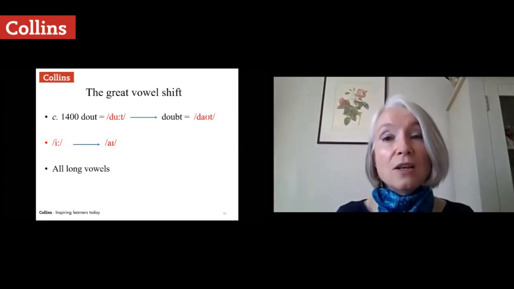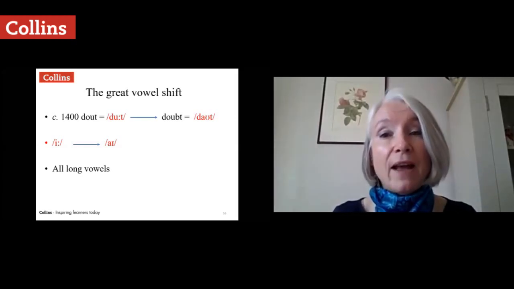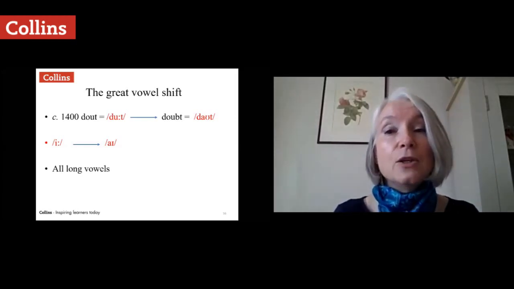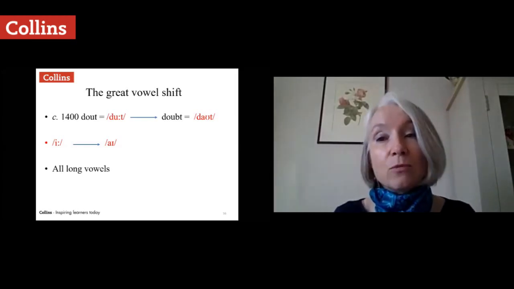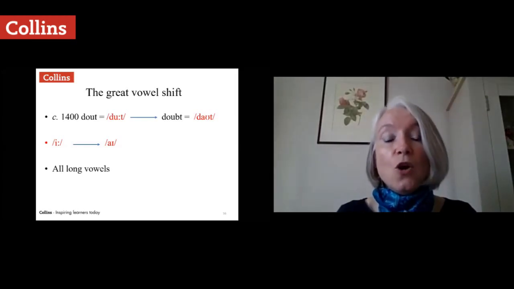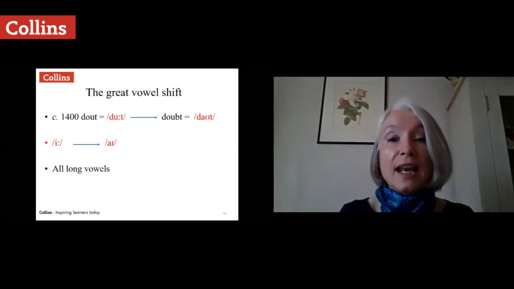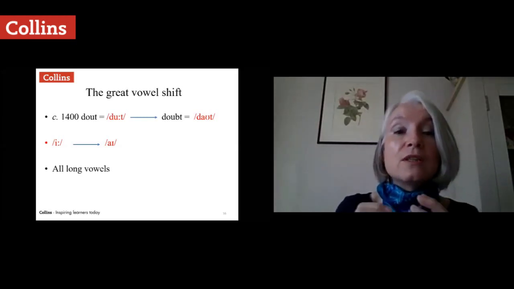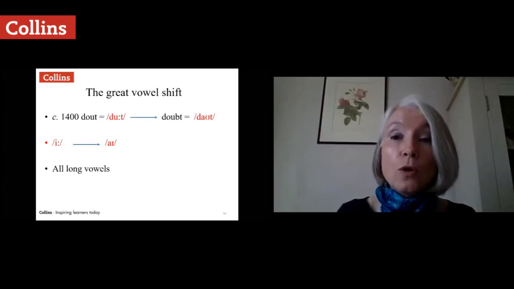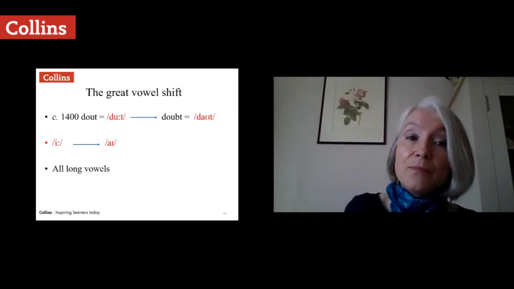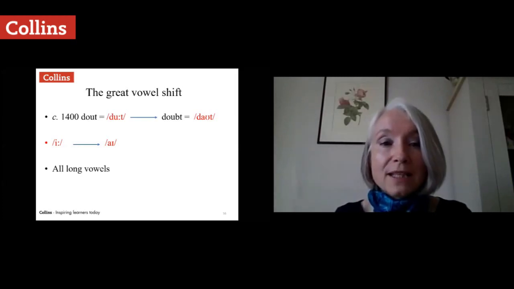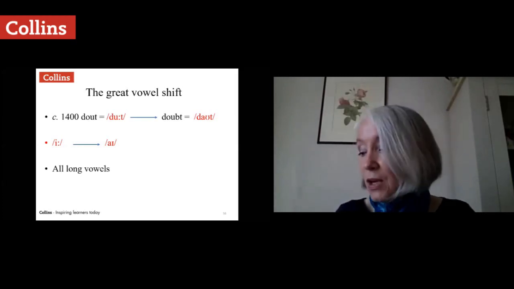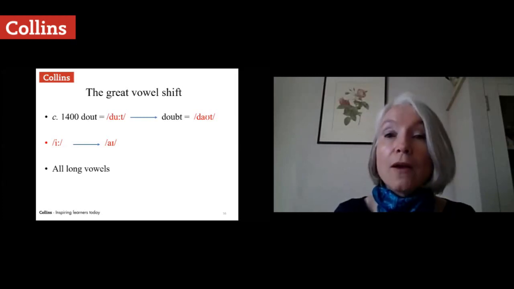And during the course of the Great Vowel Shift, which affected all long vowels, doot became doubt. So it shifted where in the mouth it was articulated. So it went from doot to doubt. And this affected all of the long vowels. So E in wheat became I in white. E-I, oo, ow. So this affected all of the vowels in English,